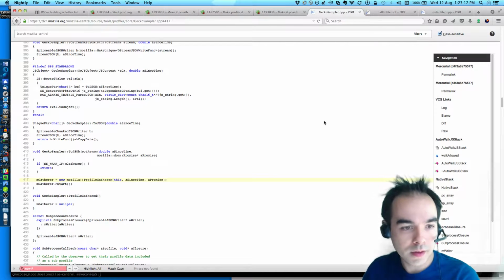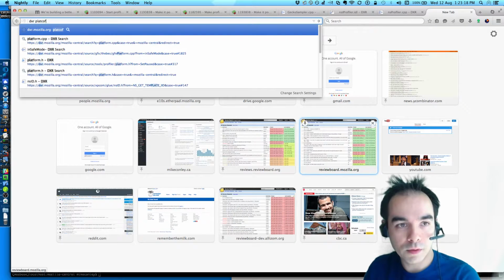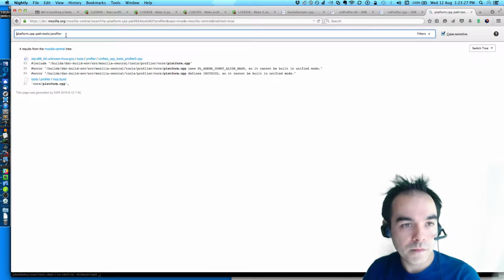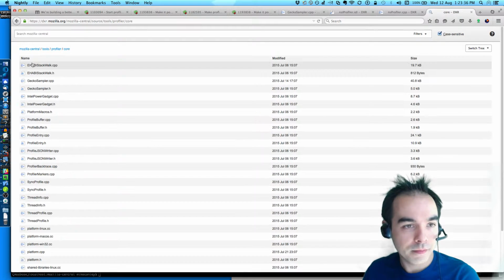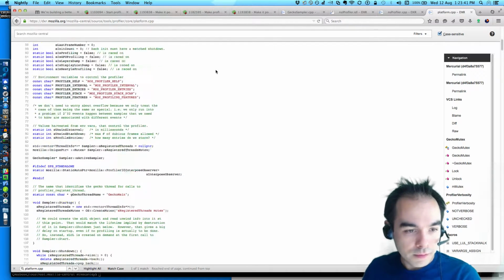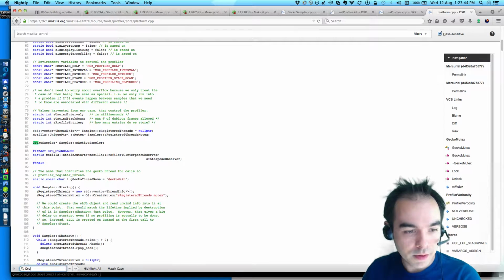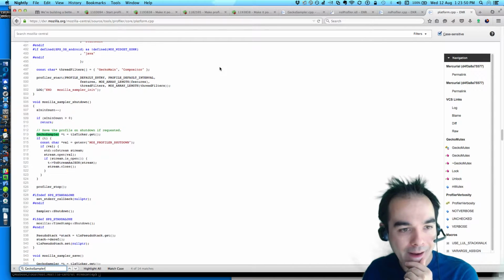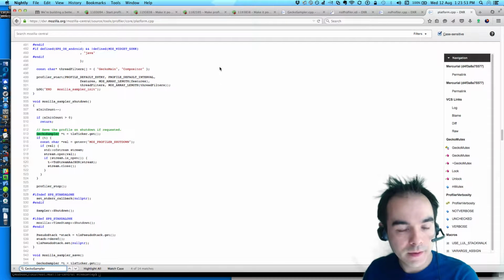Let's take a quick peek. Gecko sampler. There's platform.cpp under tools profiler. Yeah. Oh, come on, find it. Platform. There it is. Gecko sampler. So we get the Mozilla sampler.